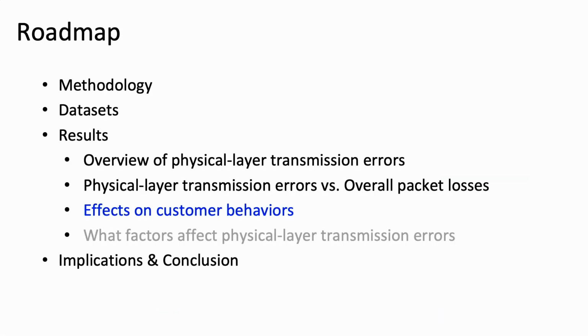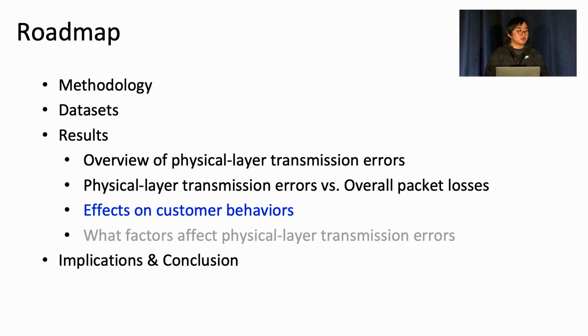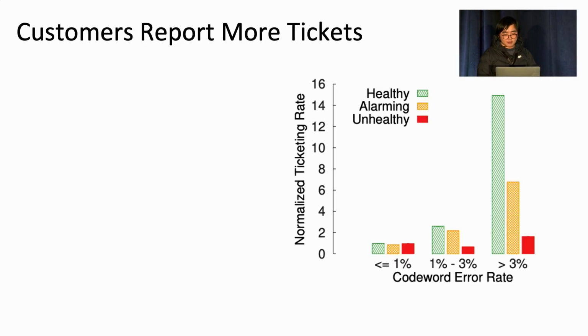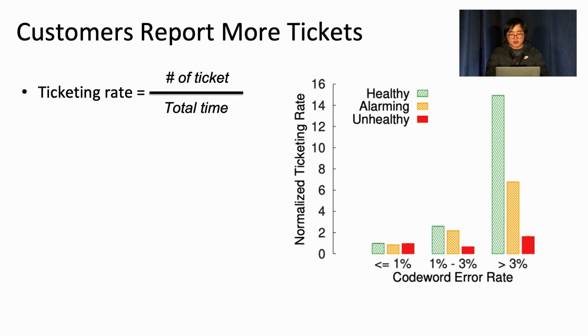Next, we will show how the codeword error rate affects customer behaviors. We checked whether customers will report more tickets when the codeword error rate increases. To quantify the customer ticket reporting behavior for a specific range of the codeword error rate, we define this ticketing rate as the number of tickets divided by the total time. The y-axis of this figure shows a normalized ticketing rate, which means we use the ticketing rate for a certain range of the codeword error rate divided by the